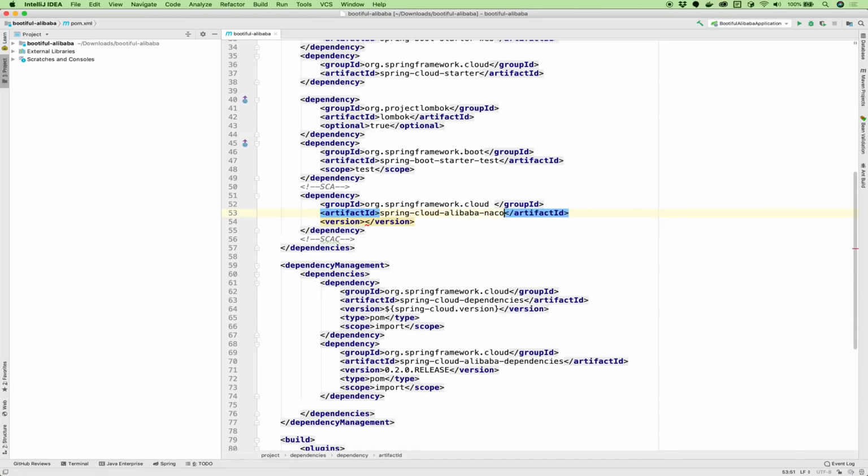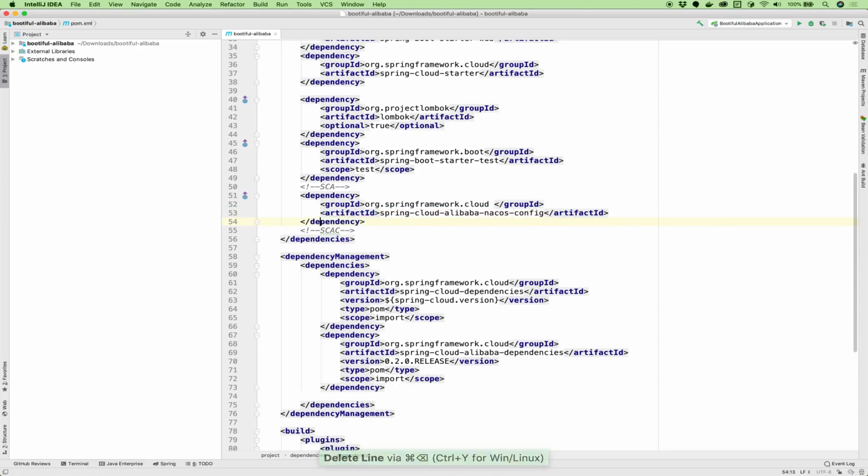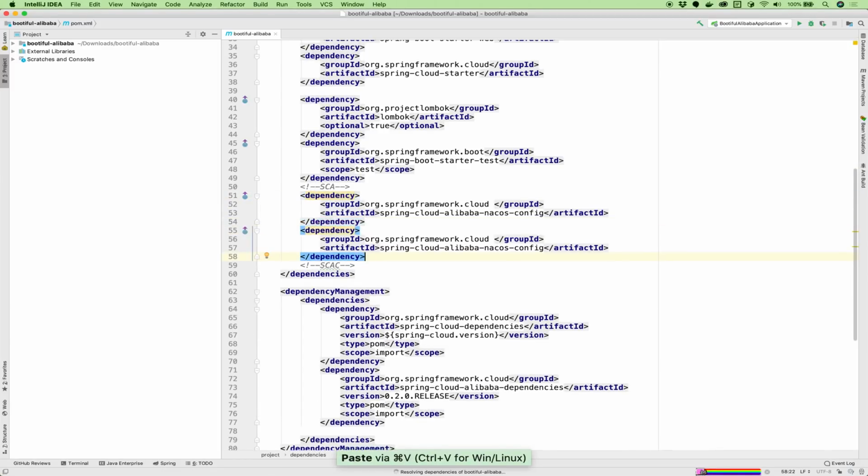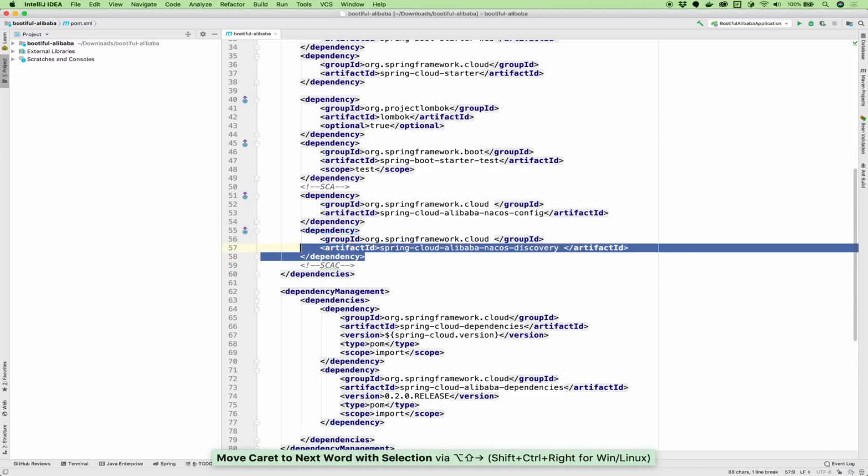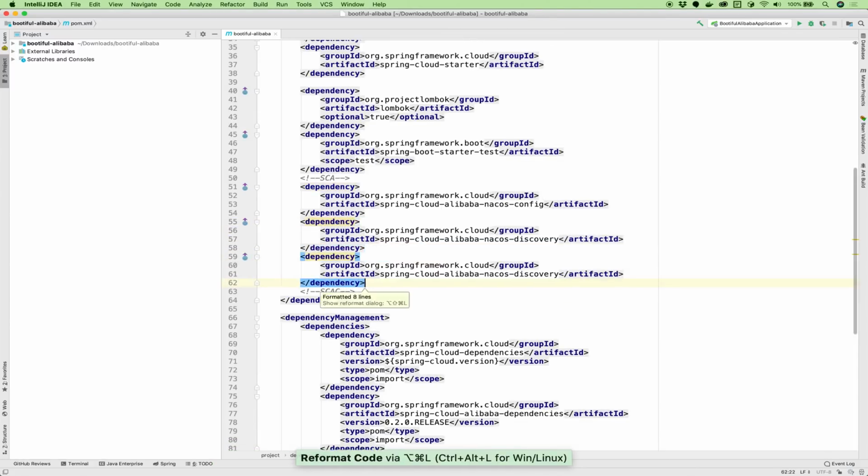We want the dependencies for Nacos config, and we don't need the version, certainly. The whole point of adding that bill of materials Maven dependency is to avoid just that requirement. So Nacos discovery, and we want Sentinel, right? And finally, AliCloud OSS.